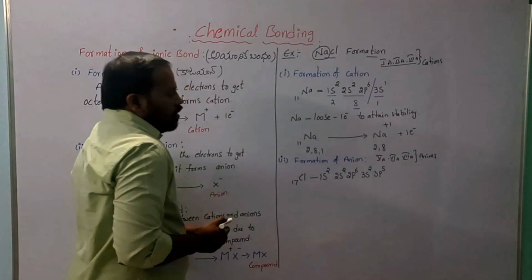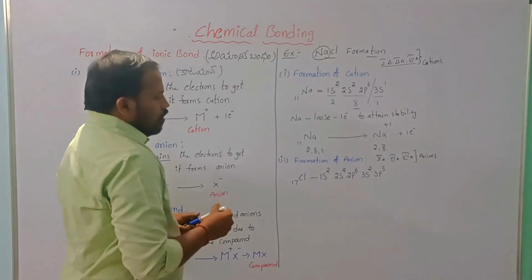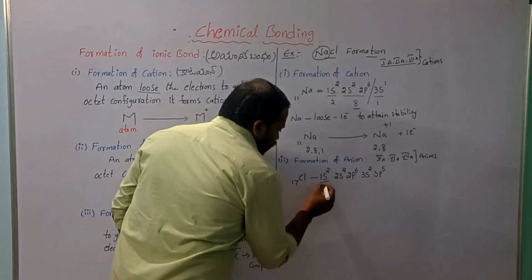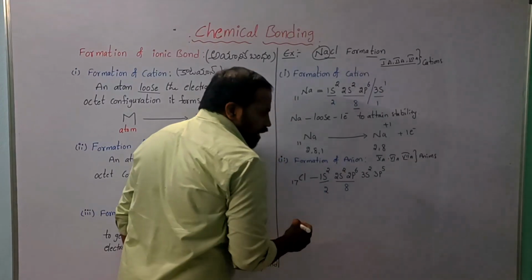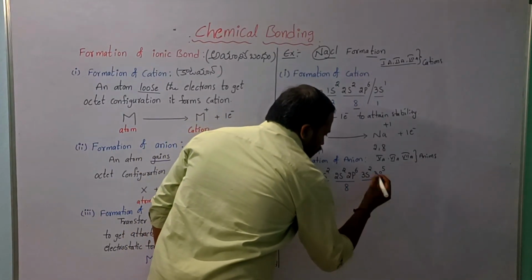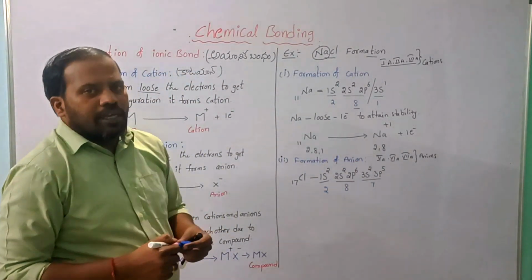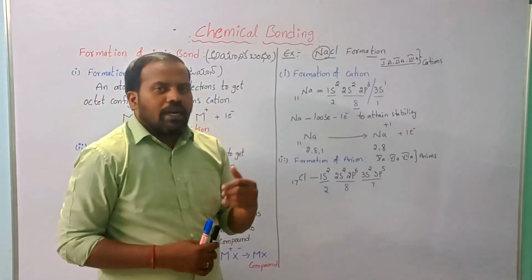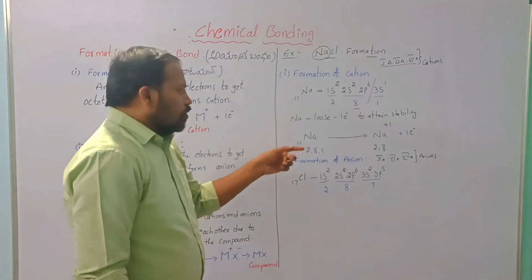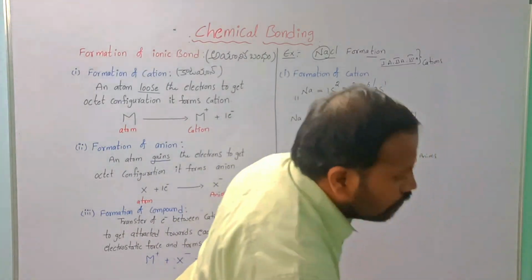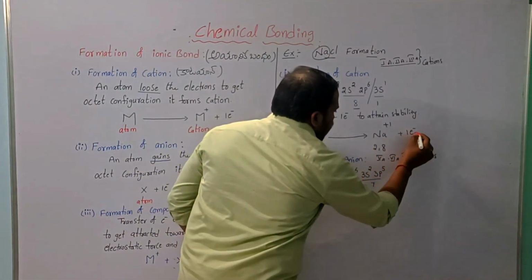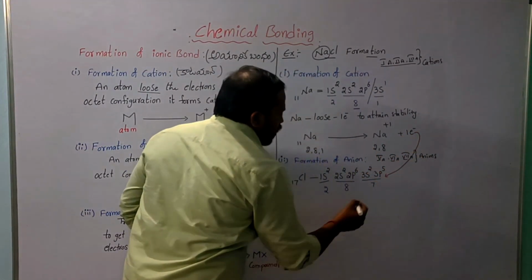3p5. So it is also having 3 shells. In these 3 shells, the first shell has 2 electrons, the second shell has 8 electrons, and the third shell has 7 electrons. So it requires 1 electron, then it will attain the stable configuration. So here sodium loses 1 electron. So this 1 electron can be attracted by this chlorine,